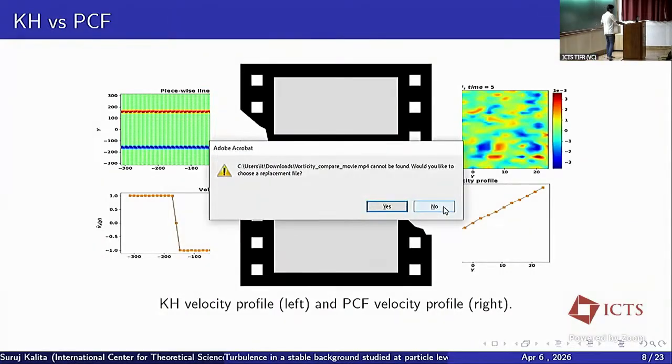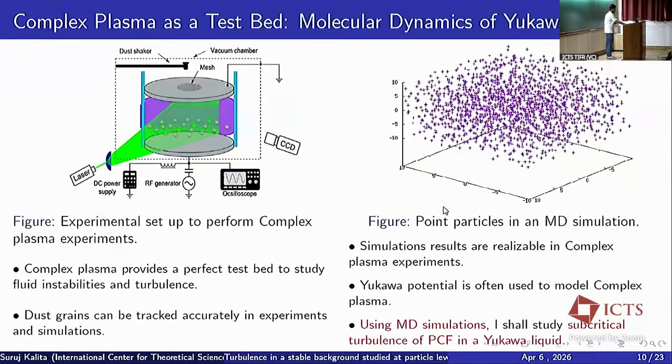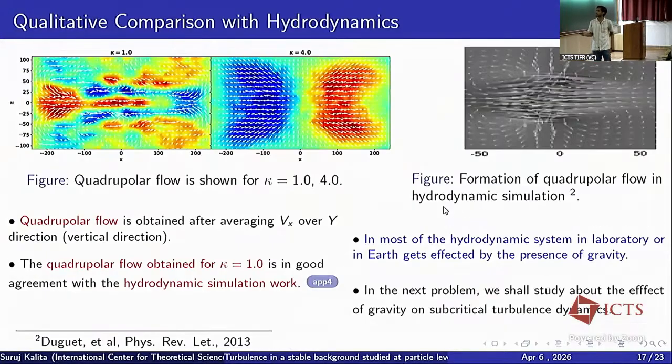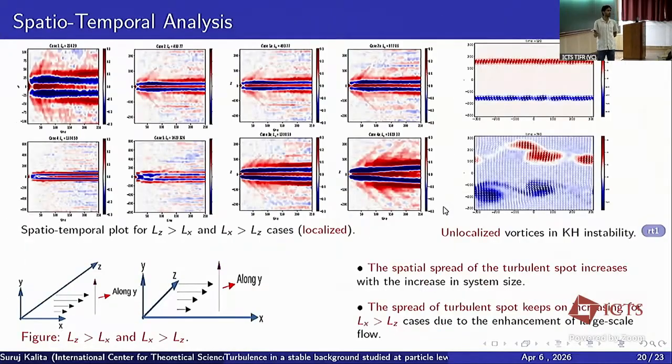Or the size of the system, not the size of the spot, I'm saying. It is the size of the spot. It's much more dependent upon the strength of your perturbations. But how does it depend? Is it some power law or something complicated? The spot expands up to some limit. I don't know if there is any power law, but